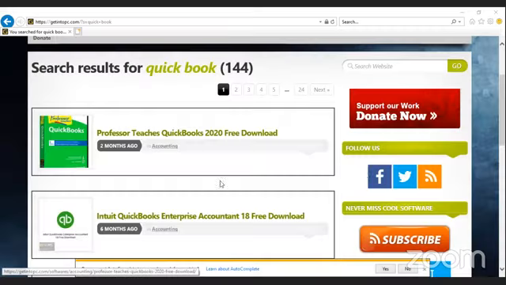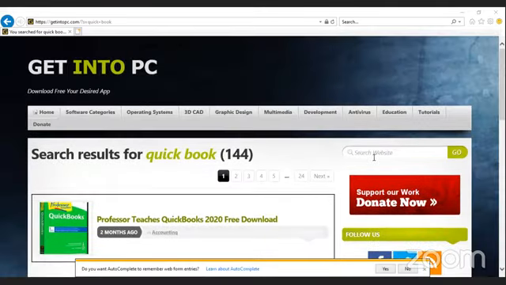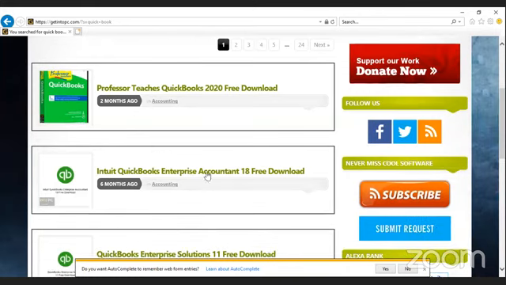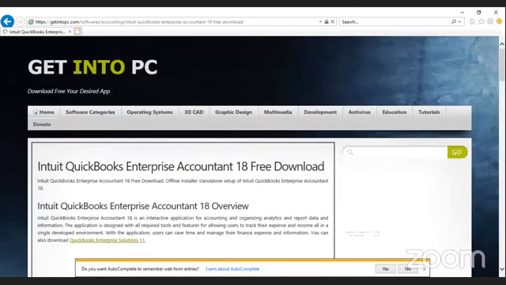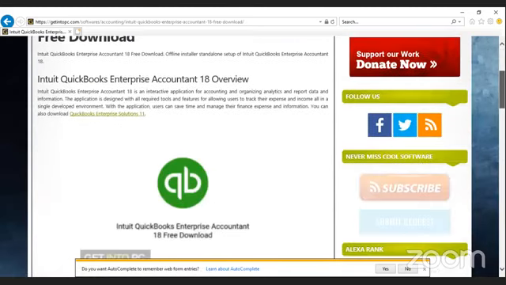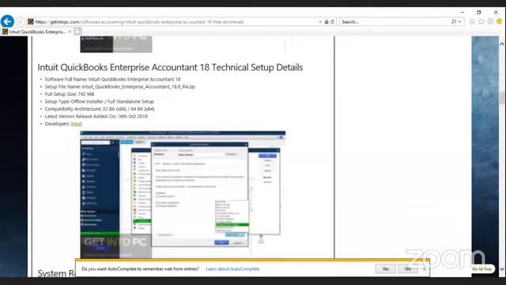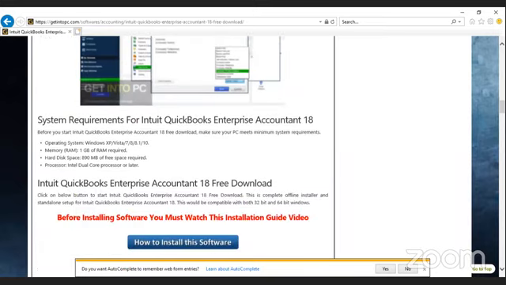Okay, so this is the result. When you search for QuickBooks, you will be able to download different versions. This is the latest version available, Accounting 18. When you go down, you can see the sample window and the minimum requirements to run the software. Usually they mention it at the bottom.